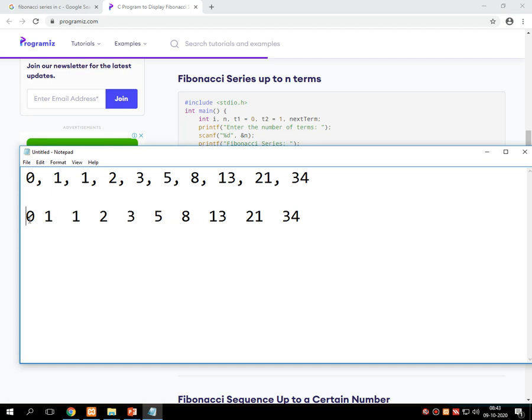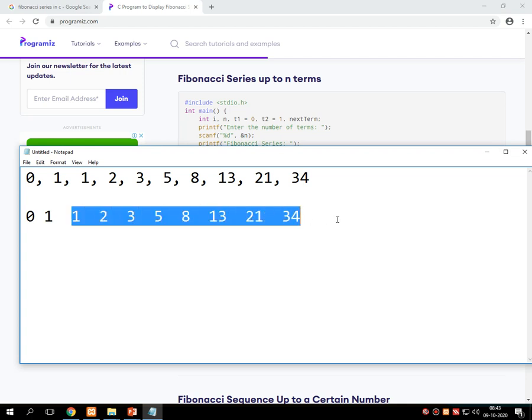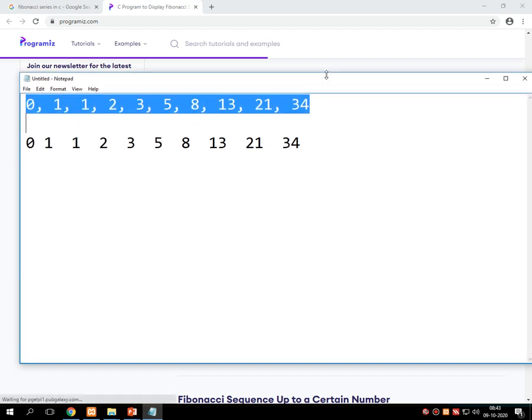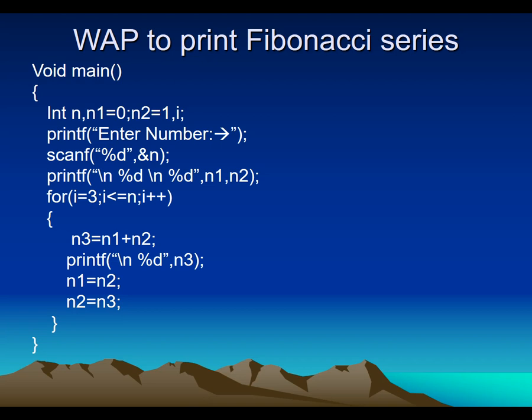Now in this entire series, these are the two fixed numbers. Just count these numbers: 1, 2, 3, 4, 5, 6, 7 and 8. There are 8 repetitions that will give this Fibonacci series onto the screen. So I hope all of you have a clear idea about how the Fibonacci series gets generated. What's the logic behind this? We need to implement it. So let's try to implement this Fibonacci series logic using programming in C.